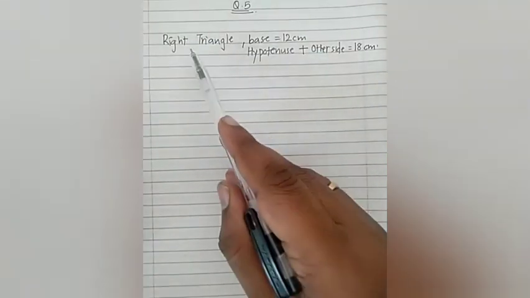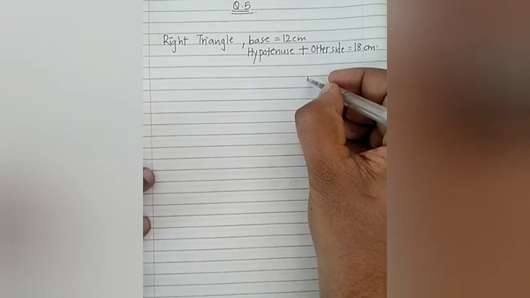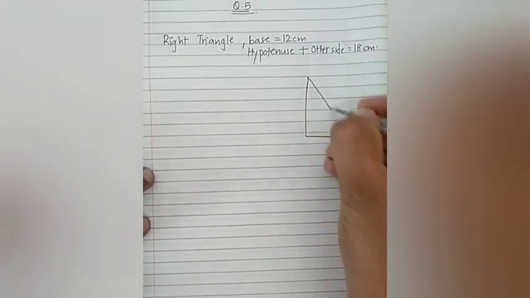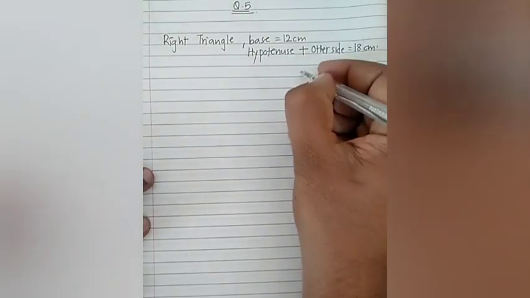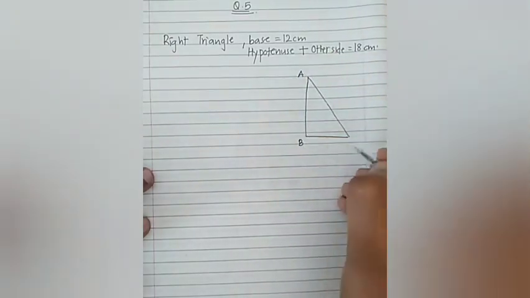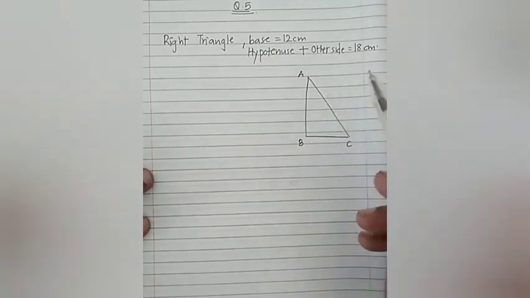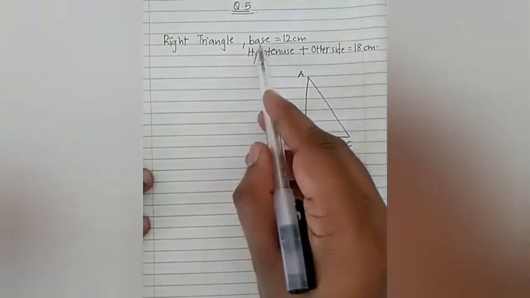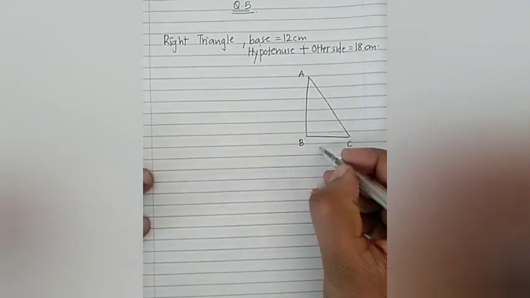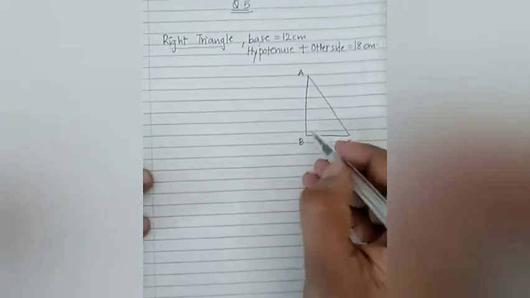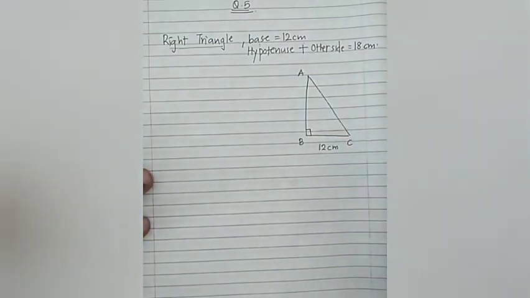So coming to the last question, wherein we are supposed to make a right angle triangle. Let me start with constructing a rough diagram. So this is, say, my right angle triangle, triangle ABC. This is what I've named it. Now, my dear students, pretty much like the first 2 questions of the exercise, here the base is given. Let's say BC is 12 centimeters. And since this is a right angle triangle, can I say that this is 90 degrees?